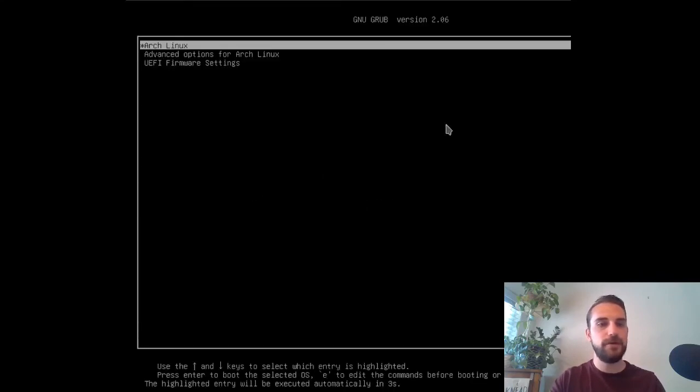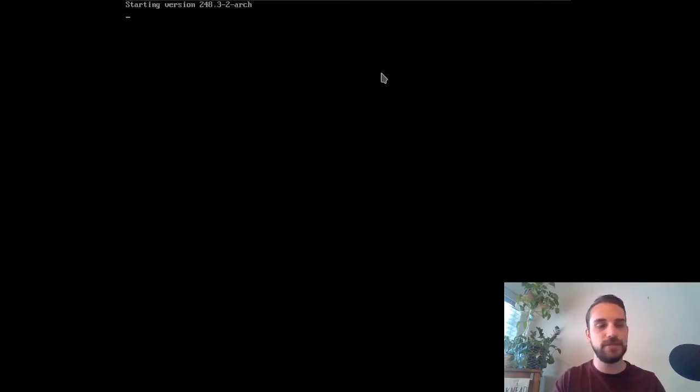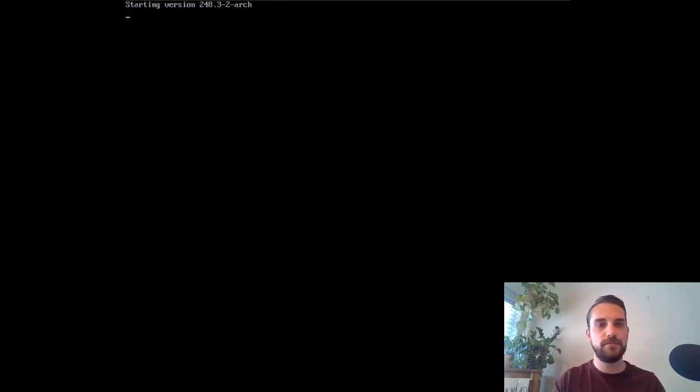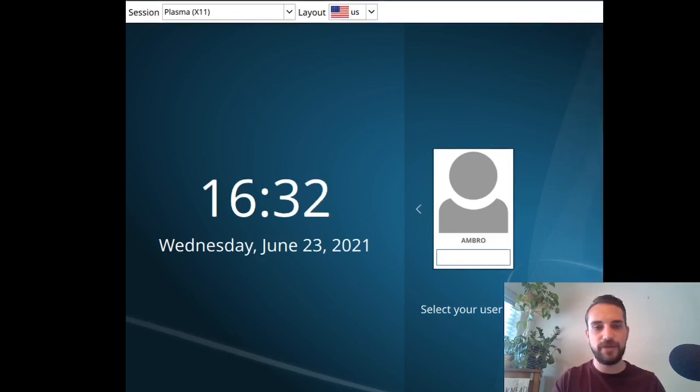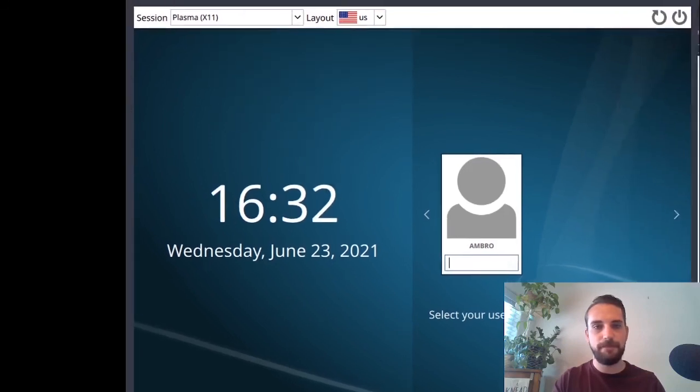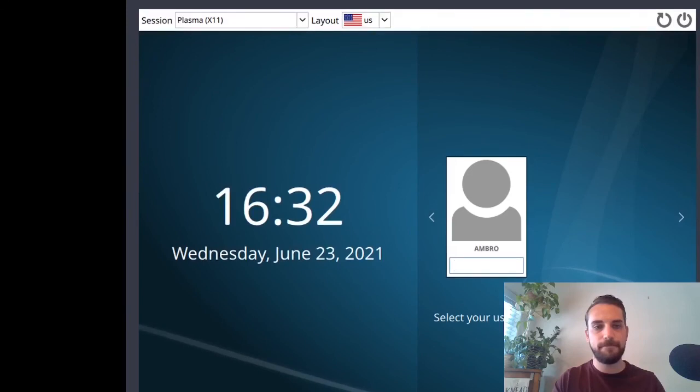And so we're introduced here to GRUB. We're going to use GRUB to boot into Arch Linux. Starting whatever version of Arch that is, 248.3-2-Arch. And we're welcomed here. I'm a little cut off. Let me see if I can make this a little bit bigger. Hopefully that's not being cut off on OBS. But anyway,